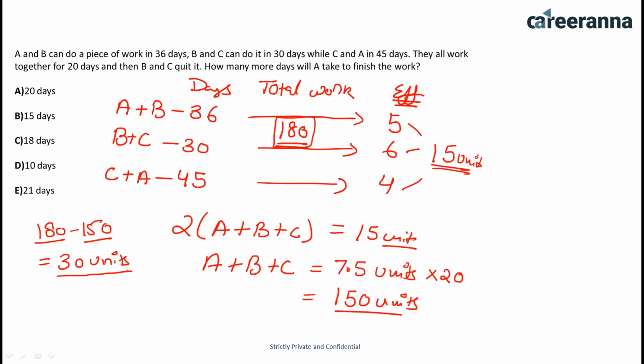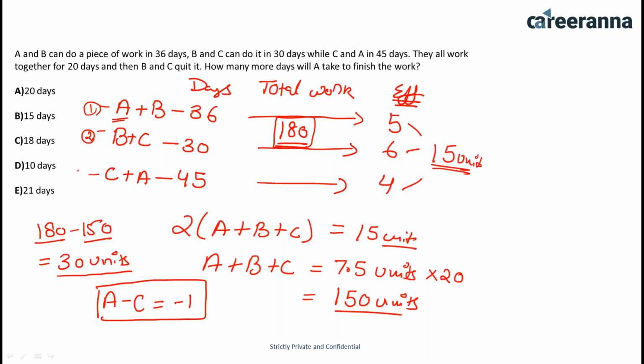You know how many units of work are remaining. Now you have to calculate the efficiency for A only. So for calculating the efficiency for A only, you have to solve these three equations. Only then you can find the value of A. So if we take the first and second equations, A plus B is equal to 5 and B plus C is equal to 6, and if you subtract 1 minus 2, then B gets cancelled out because we are subtracting here. A minus C is going to be 5 minus 6, which is minus 1. So the equation that we are getting here is A minus C.